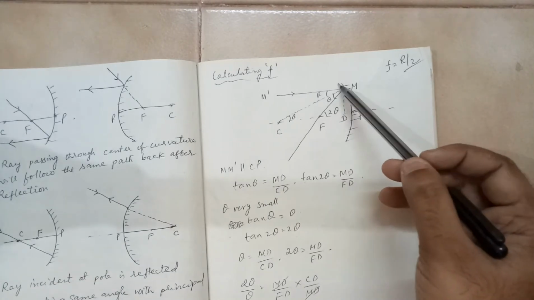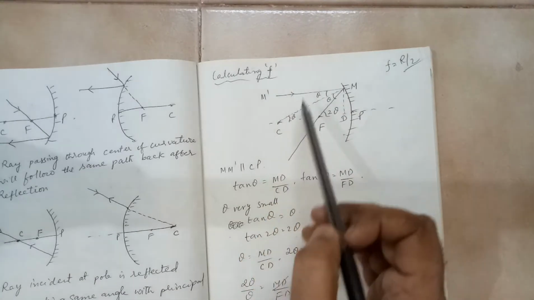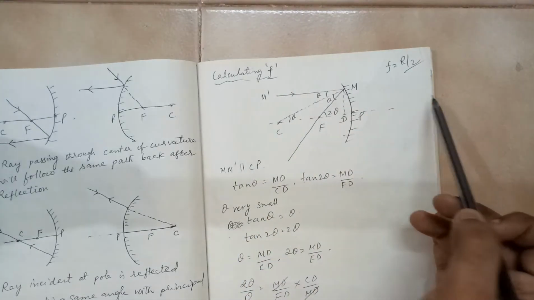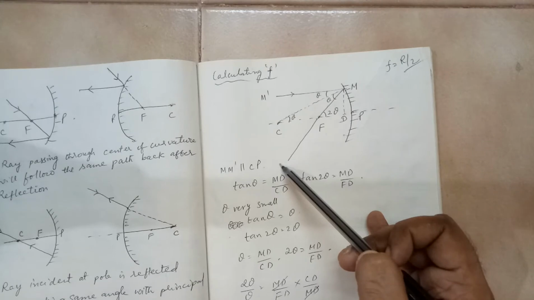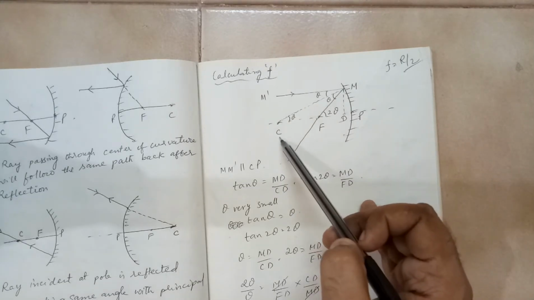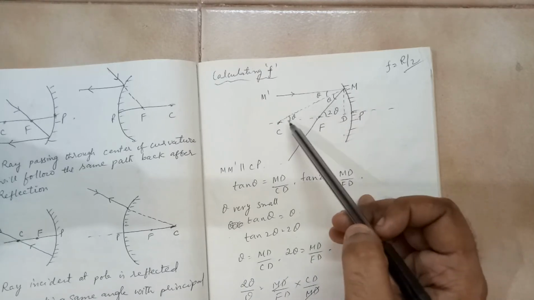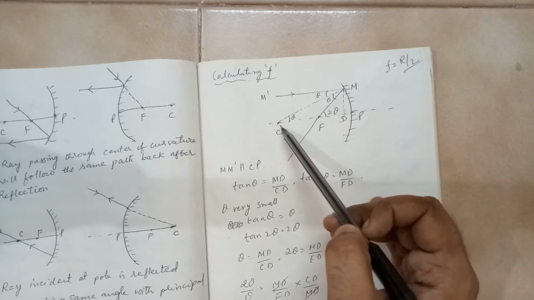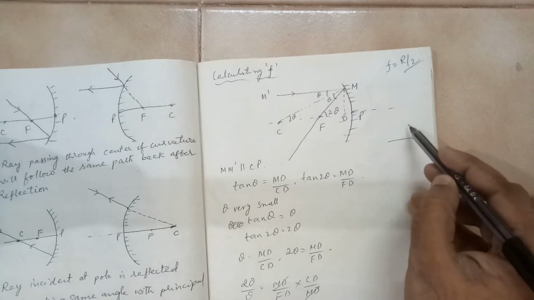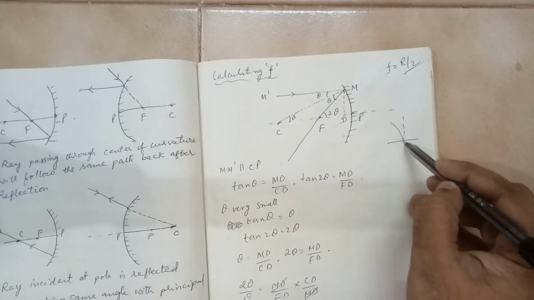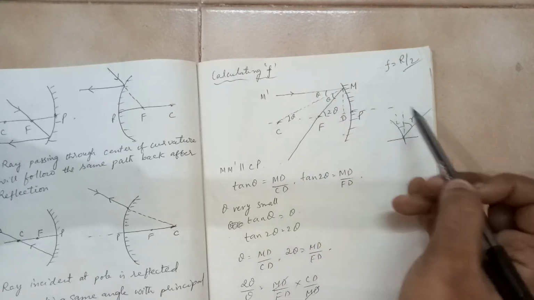We are taking a concave mirror here, and one ray M dash parallel to the principal axis is considered. After reflection, as per the rule, it will pass through the focus. This is the center of curvature C, join C and M. So as per our earlier discussions, this MC will act like a normal, and as per the rule of reflection, if this is the normal, this is I, this is R.